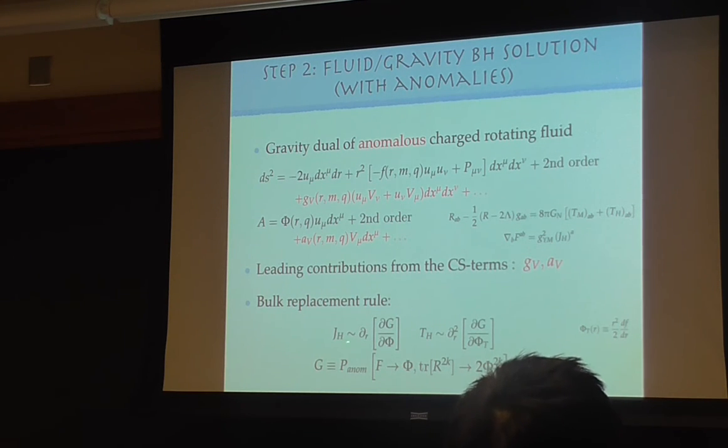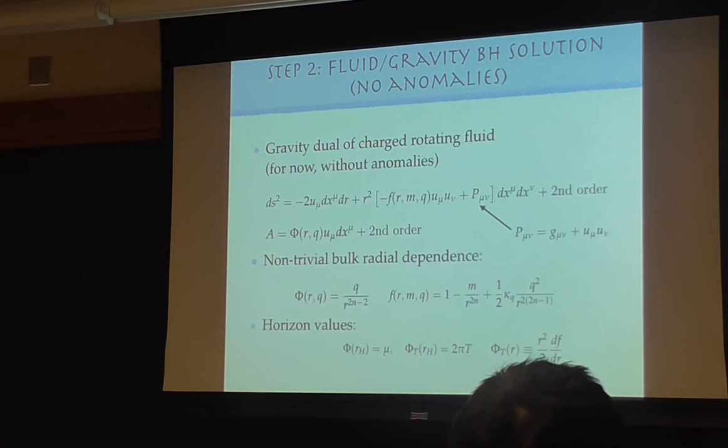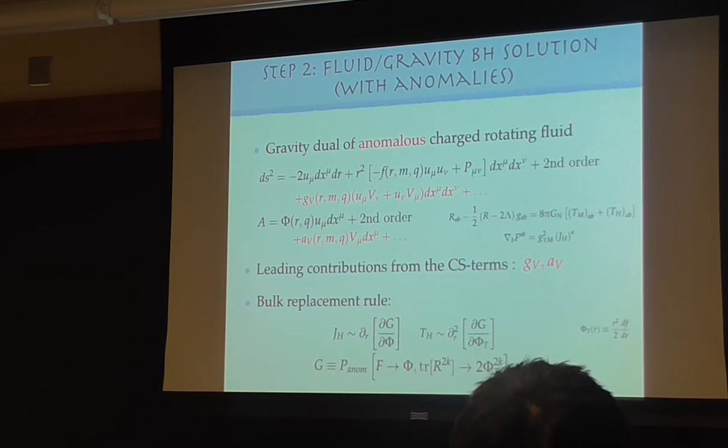These T^H and J^H, you can repackage them into some derivatives of a master function called G. More specifically, it's one R derivative and two R-squared derivatives, because if you think about dimension, and also because it contains two derivatives, after you take a derivative with respect to phi, this is the structure that appears. And this is what we call the replacement rule. And this master G again has a structure that looks like field theory. Now remember phi at the horizon is equal to mu, and phi_t at the horizon is equal to the temperature. And the phi_t comes from the derivatives of f. And this at the horizon precisely is what curly F is.